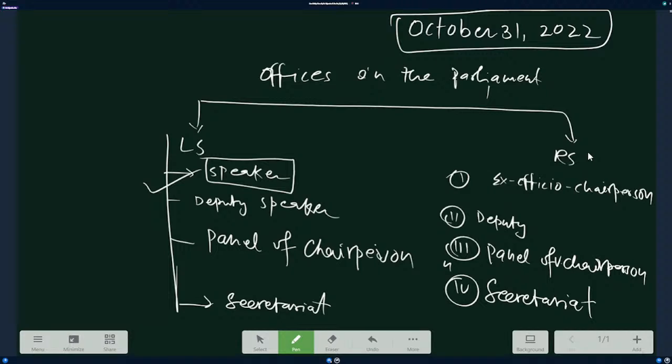Until the government holds the majority. Otherwise, there is a period of 5 years, as each Lok Sabha election shall be held every 5 years. So whenever there is a full majority in the Lok Sabha, it is 5 years. Otherwise, the office of the Lok Sabha speaker continues till the term, the life, of the Lok Sabha.